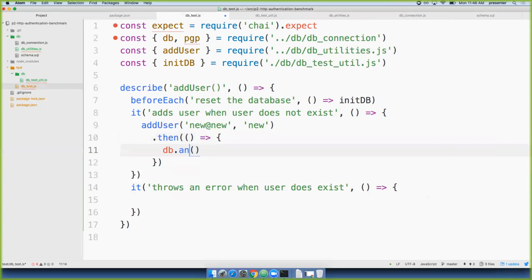I actually really want db.one because if there's more than one, that's certainly a bad thing. So I'll do db.one select star from